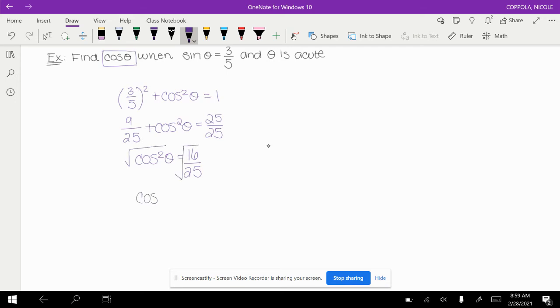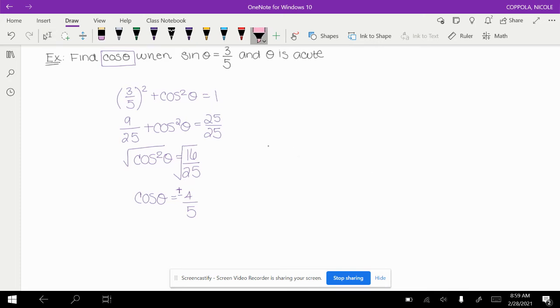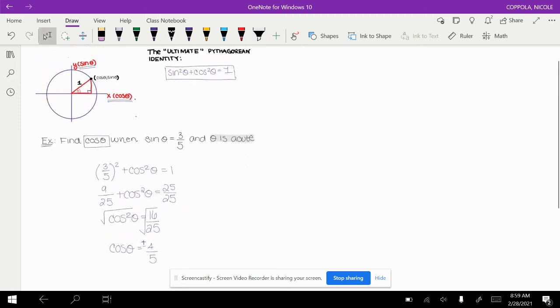So I've got cosine theta. This is convenient. The square root of 16 is 4. The square root of 25 is 5. And I've got a plus or minus in front. So now I'm wondering, okay, why do I have a plus or minus and which one do I select? If you look in the original question, I used the sine equals 3/5, but I ignored the fact that it said theta is acute. Okay, so when we're looking up at this unit circle, theta is any angle that is